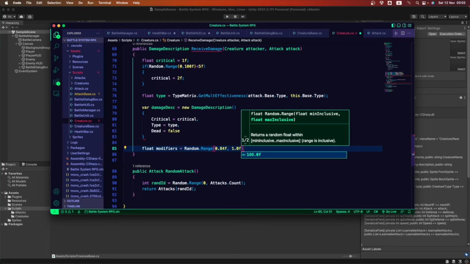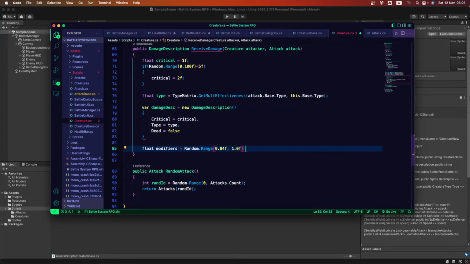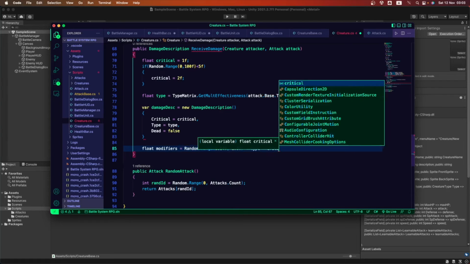We are gonna be getting a value between these two numbers and multiplied by the type and the critical.